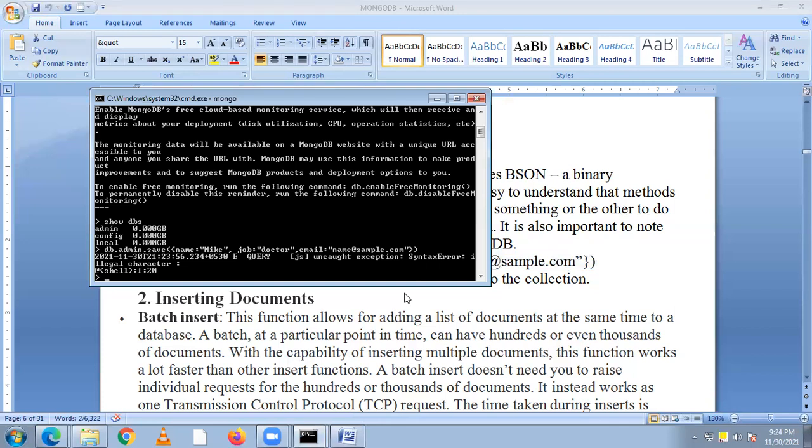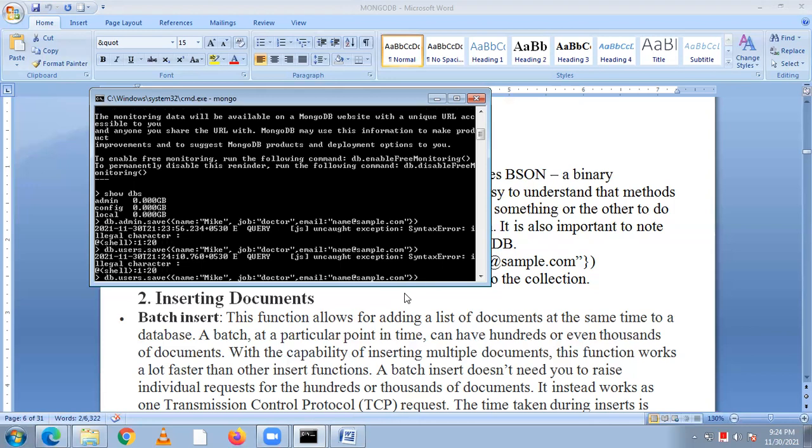Illegal characters, syntax error. So db.tablename, admin block over here. Now collection name, insertOne. Yes. Okay, we cannot save.